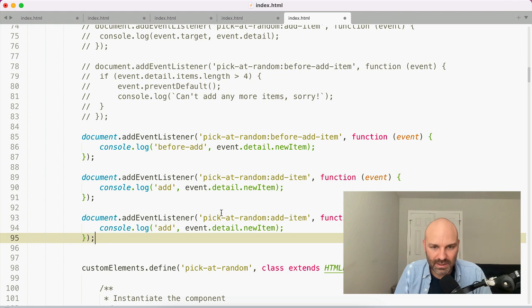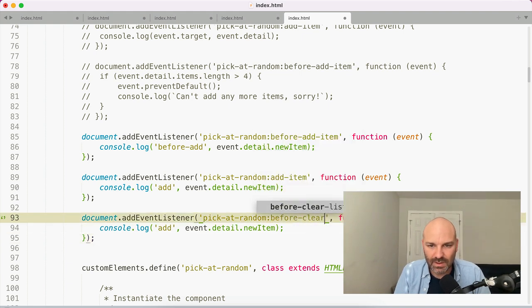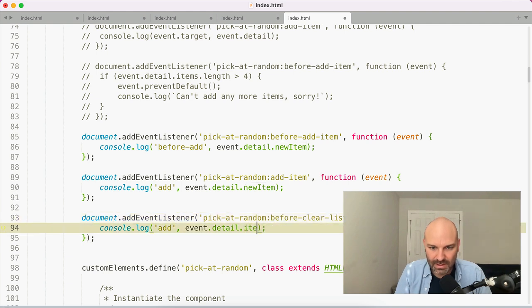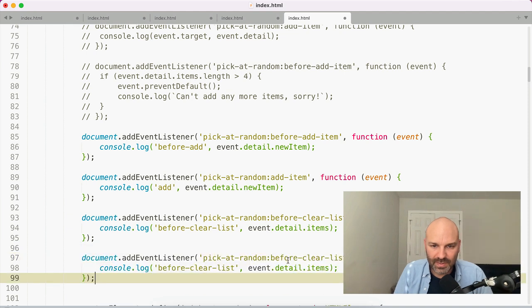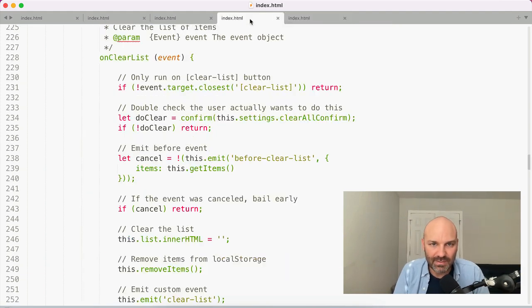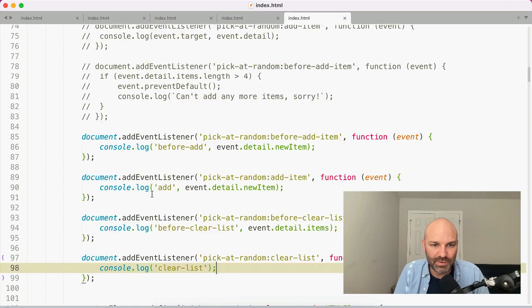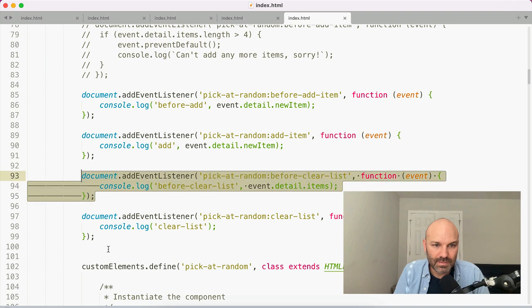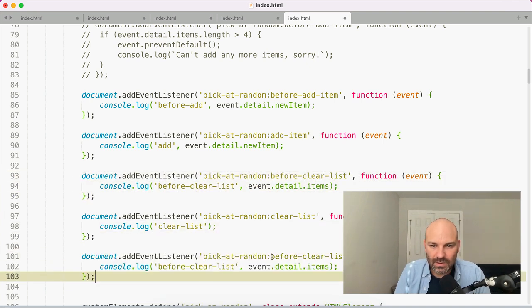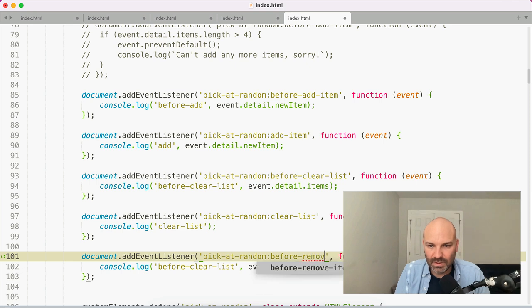And then scrolling through a little bit, we've got clear list. Okay, so before clear list, event details, items, before clear list, and then for clear list, we won't have any event detail items to log, so we'll just leave that one as plain. And then we've got remove and pick, right? So remove item. So before remove item,